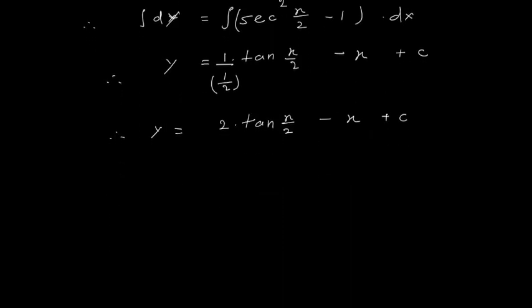Now we have two types of solution, one is general solution and one is particular solution. If there is some condition given by using which we can find the value of c, then the solution obtained after getting the value of c is called particular solution. Otherwise it is general solution. So general solution means for different conditions the value of c could be different and I have different solutions. So this is our general solution.